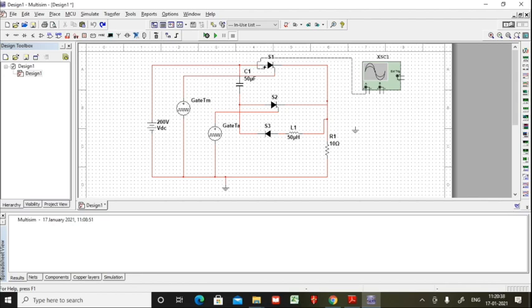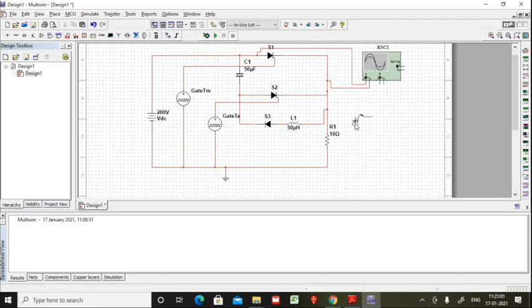So let me take this as positive, and this as across. So I'm measuring the voltage here, and if you look at the bottom right, following the cursor, there is a small arrow, there you can find the current probe.